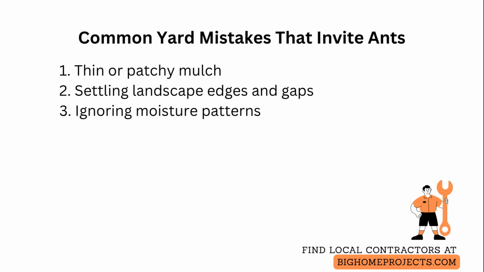People often ignore moisture patterns and overwater low spots, which create alternating wet and dry conditions that some ants exploit. Regrade low areas. Install simple drainage or move irrigation lines, so watering promotes consistent moisture for plants, but not loose,